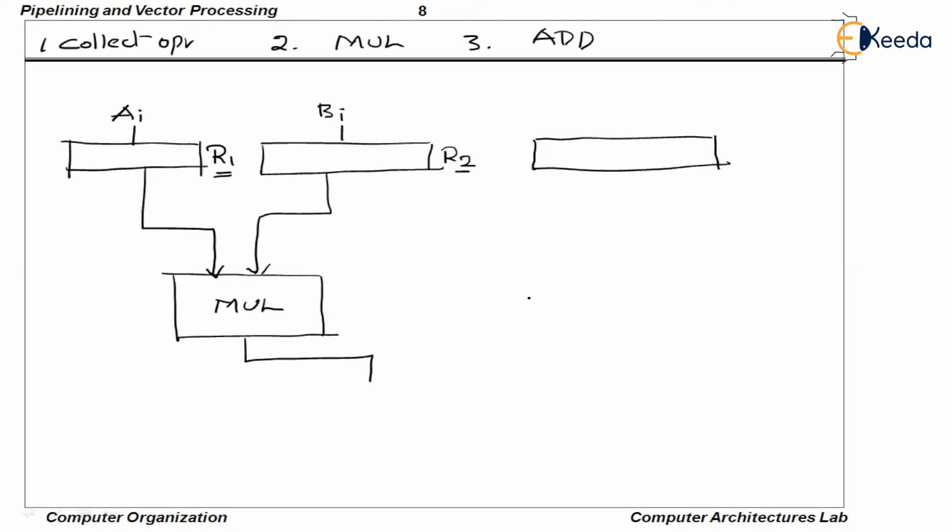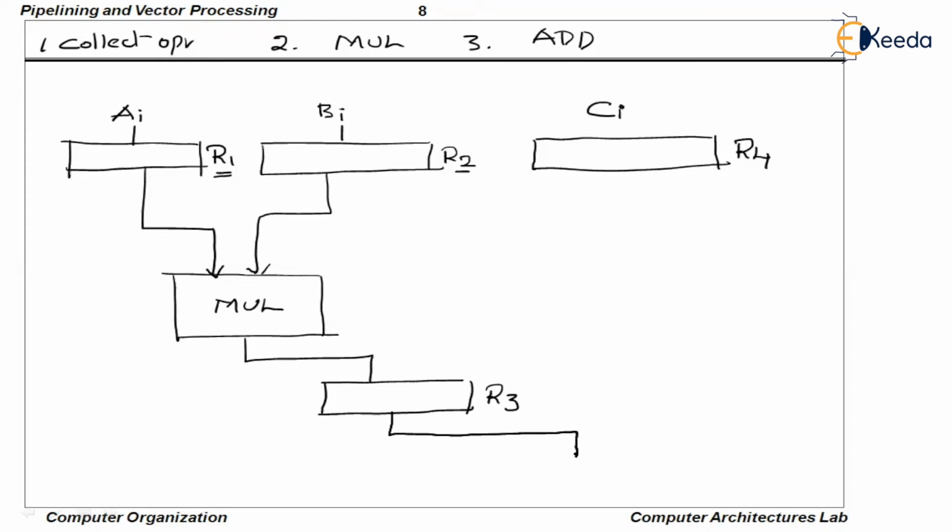Let us say here I am going to use one more register to collect the output of the multiplication segment. I will use R3. Okay. And here I'm going to use one more register called R4, which gets the value from C. Okay. So the output of the multiplication segment will get collected and given to R3, and the output of R3